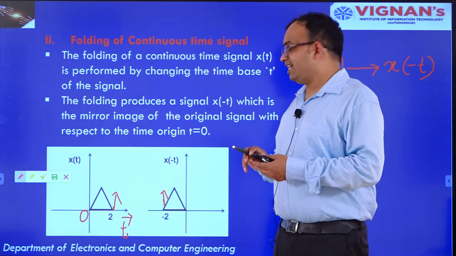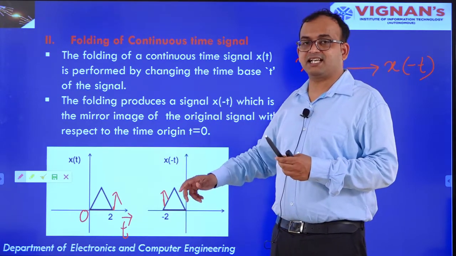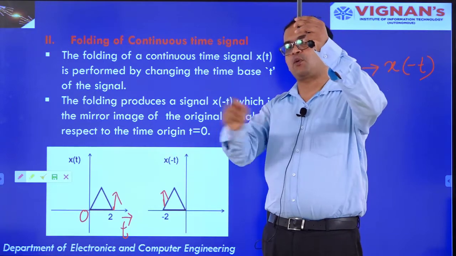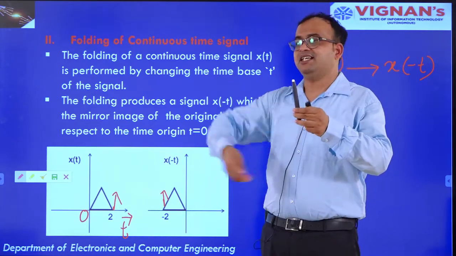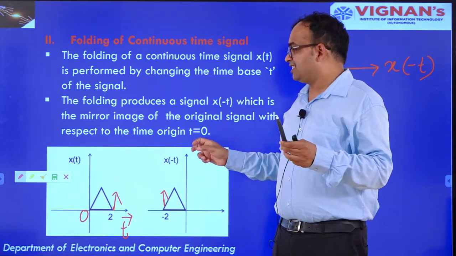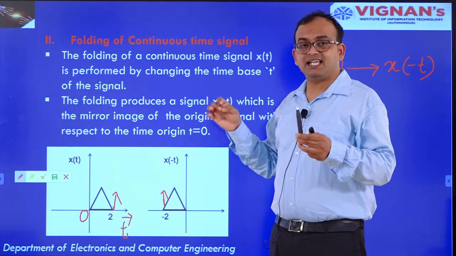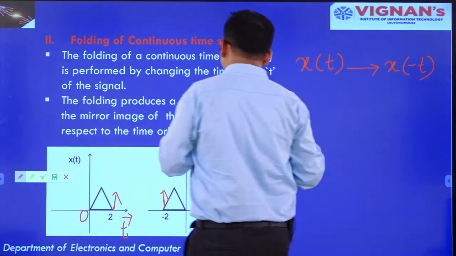So we can tell that if we want to find the folding of a signal, just rotate the signal about the y axis, this is time folding. Similarly, we can also find the amplitude folding about the x axis, but this is not necessary for us. By using the time folding, we have to rotate the signal about the y axis. I can also tell a simple example here.